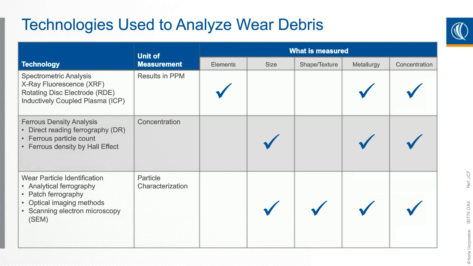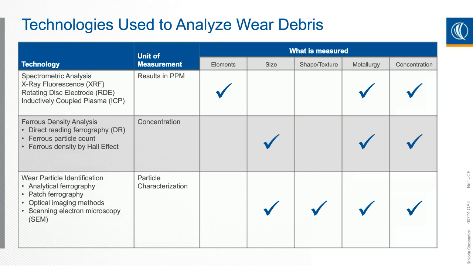And then the overall wear particle identification. In this case, we're probably going to need to put something under a microscope, whether we call it a ferrogram or a filtergram, something where we can analyze it under a microscope to figure out what the overall shapes and sizes are and what the overall concentration may be, to give you a better identification of how it's produced. The shapes and sizes and textures are the clues to figuring out what the wear mode was, whether it was adhesive wear, abrasive wear, fatigue wear, corrosive wear. All these different wear modes give you a clue as to what's happening in your machine.